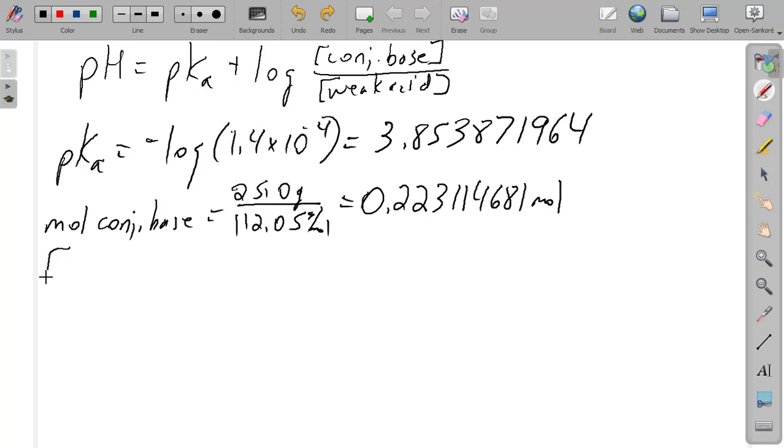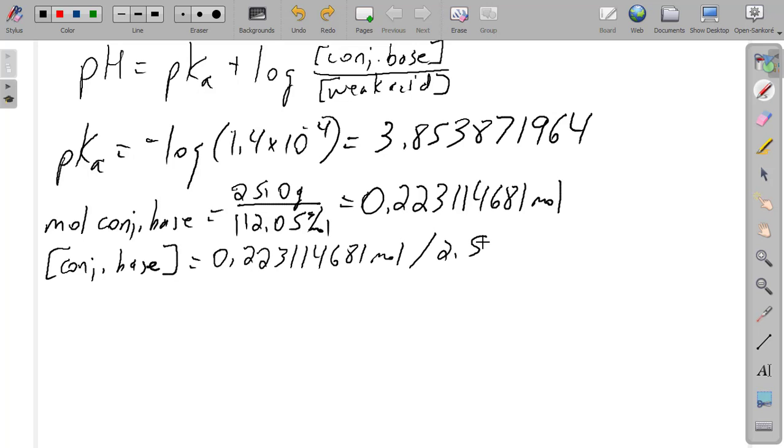So the concentration of the conjugate base is equal to 0.223114681 moles over the 2.5 liters, and that is equal to 0.089245872